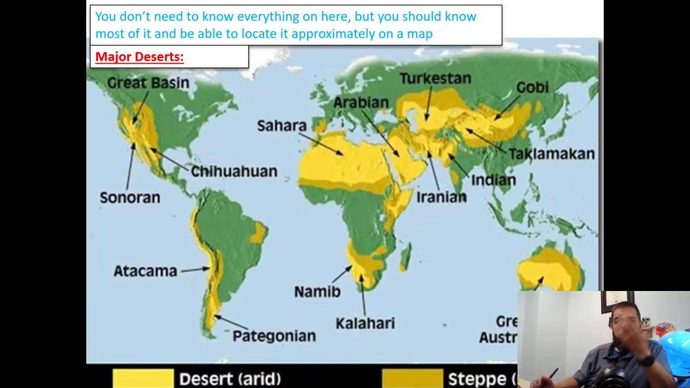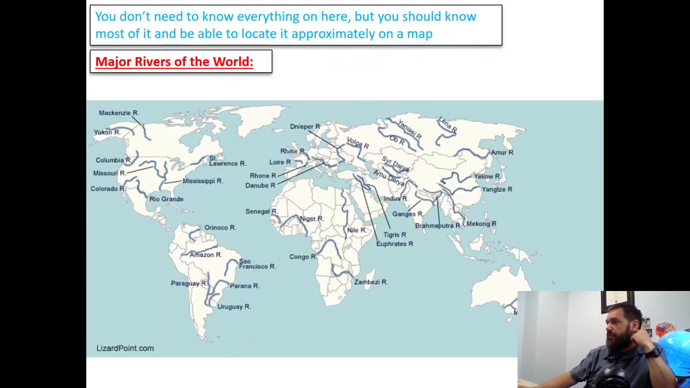Major deserts, that comes up sometimes. I don't know if I have any questions about deserts. Oh, I do. I did mention the Atacama Desert. So Atacama is right here in South America, next to the Andes Mountains. I'm trying to look at major rivers of the world. Let me see if I have anything about major rivers,